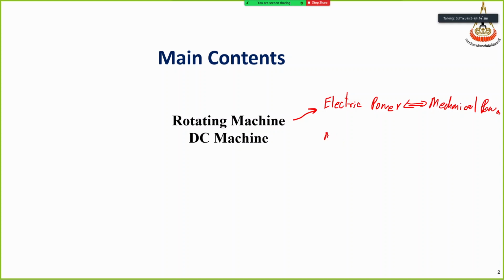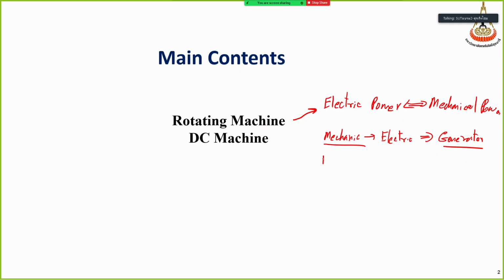Mechanic to electric. We call this type of machine a power generator, or generator, right? Electrical generator, we transform the hydropower, the engine power, the steam power to electrical power, or we can call it generator,